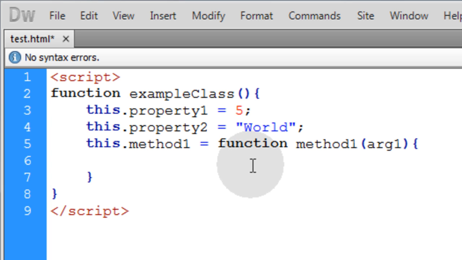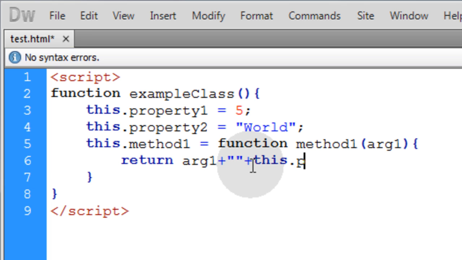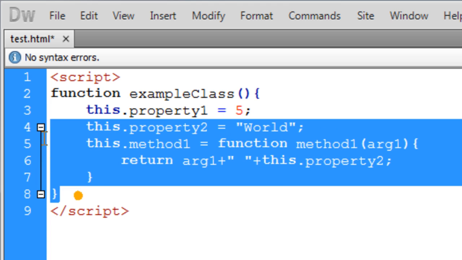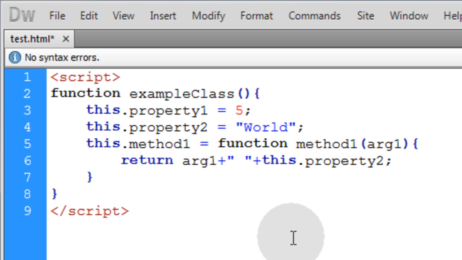So within method1, we're simply going to return some data, which is going to be a concatenation of argument1 and this.property2. So when we call method1 to run, it's simply just going to return some data to the calling code. Now what you're looking at here is the most basic syntax of a class in JavaScript for object-oriented